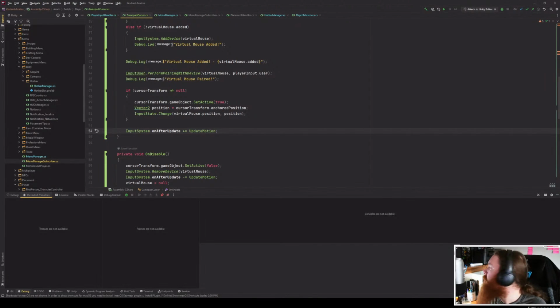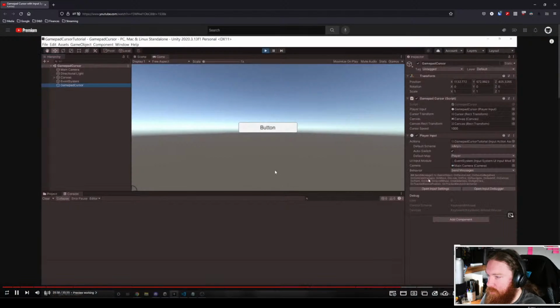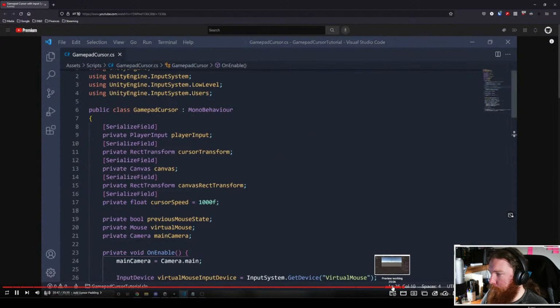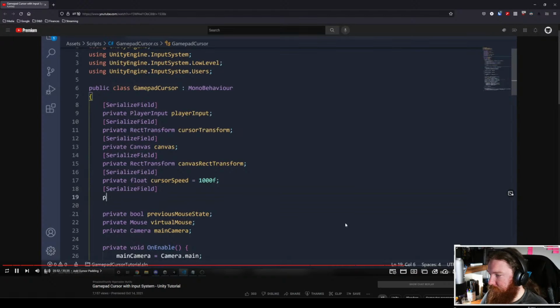I never did finish the video on setting all this up, so let's pull that over here and take a look. What control the user is currently using. And we also want to add some padding so that the cursor isn't cut off here. So back to the script, and let's quickly add some padding. For the padding, you can just do a serialized field here, so you can change it while you're in play mode. Padding might be a good idea. Padding, and you can set a value. I found 35 to be a nice